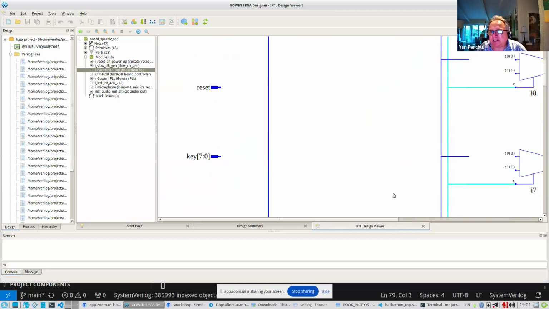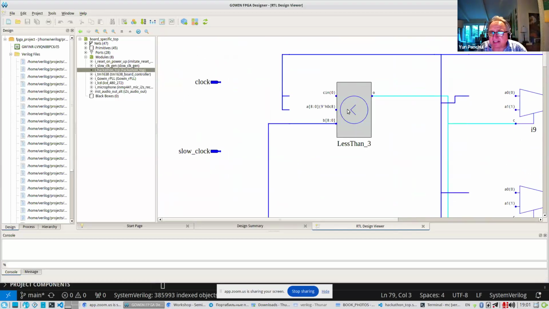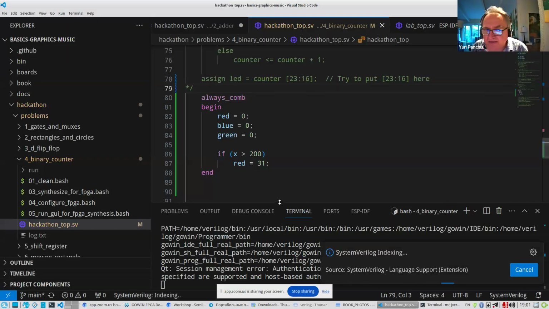Basically we are saying that if this X is less than C8, so C8 is a hexadecimal number, I believe it was 200. Yeah, so C8 is 200.